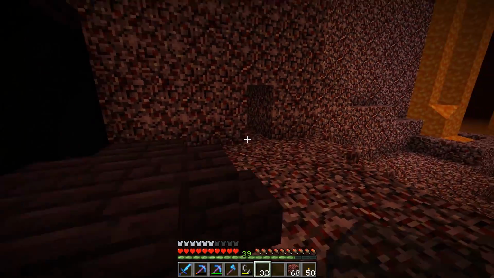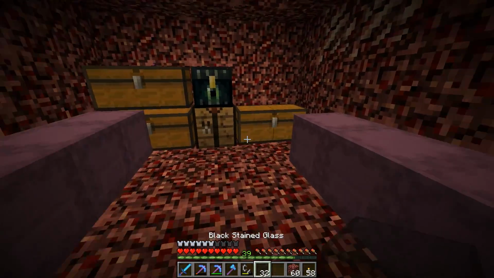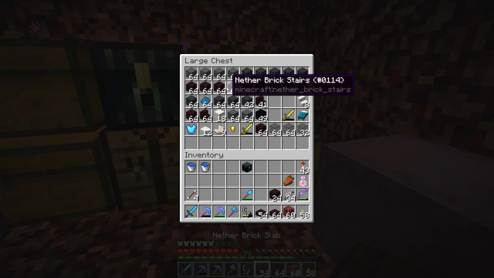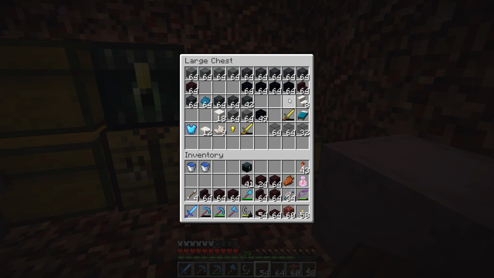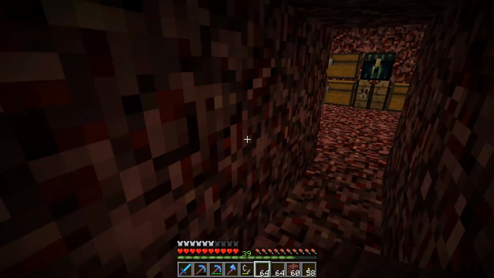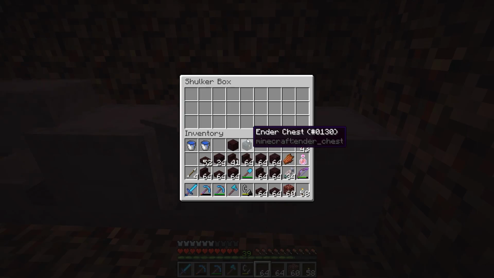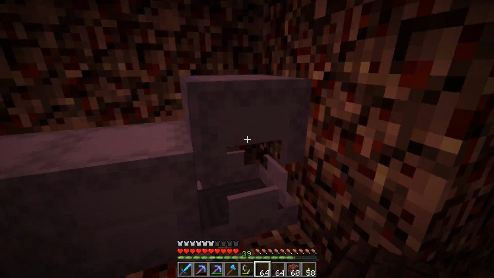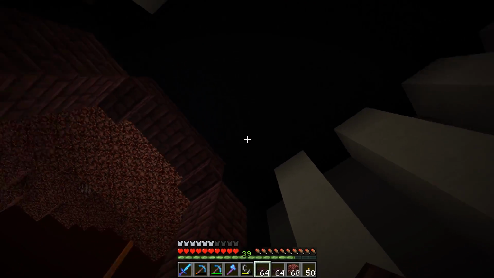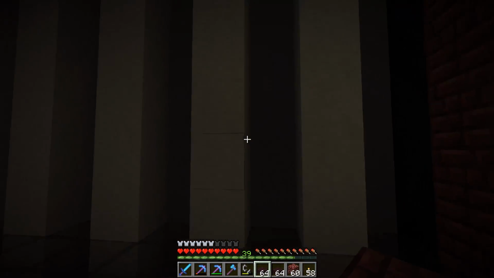Now we get to the fun part, as I was saying, and that is going to be the ceiling and lighting in here. So, we are going to need a whole bunch of nether brick, and I'm going to need more nether brick slabs than what I've got as well. We're also going to need... Well, you know what? We'll get to that part. So the first thing that I want to do